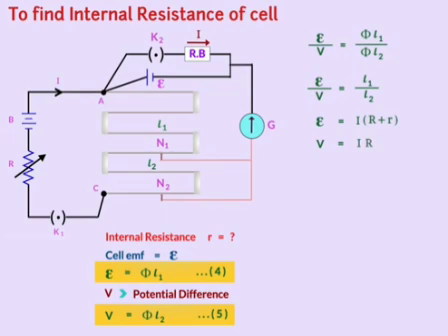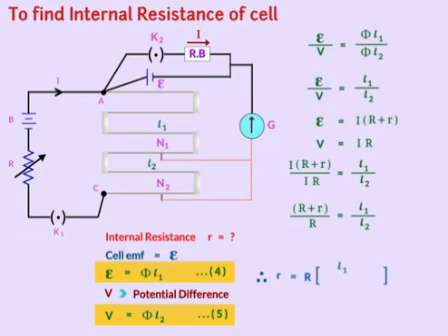Hence the above expression becomes I into (R plus r) upon IR equals L1 by L2, so (R plus r) upon R equals L1 by L2. Therefore, r equals R into (L1 by L2 minus 1). Let's label this as equation number 6. Equation 6 is used to